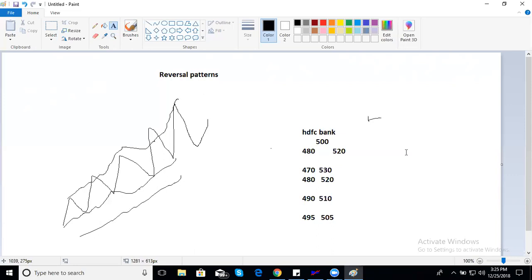What is happening is, the market becomes volatile and less volatile. It becomes more volatile and less volatile. There's a contraction and expansion, contraction, expansion. Exactly what is happening is here,